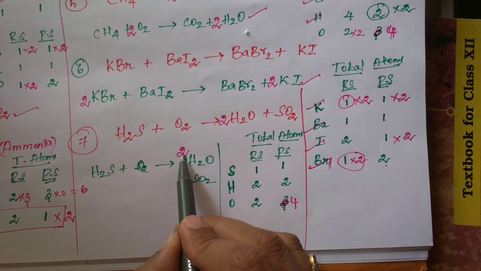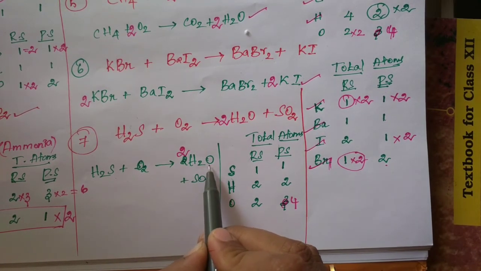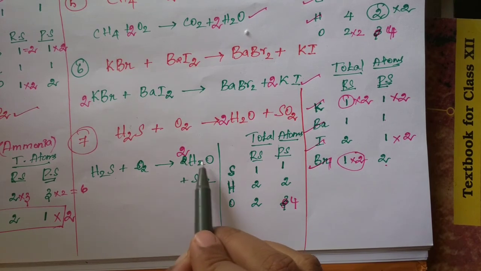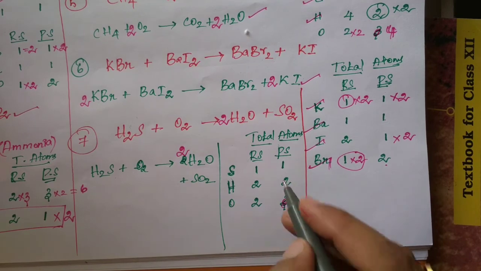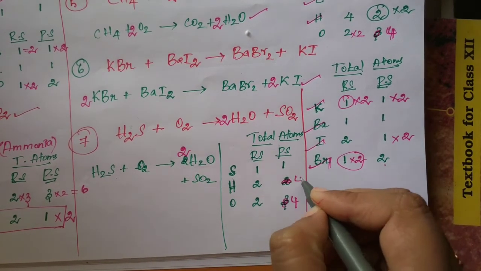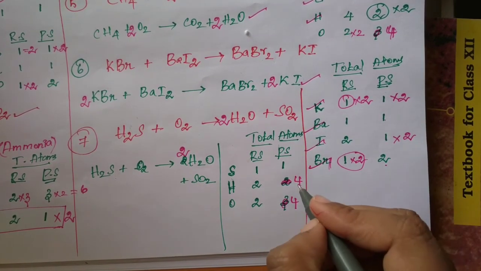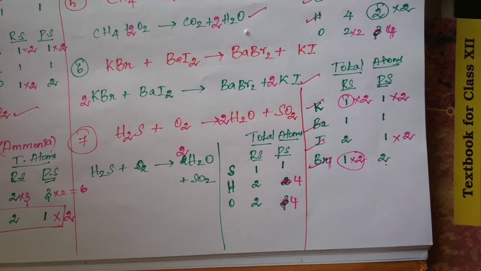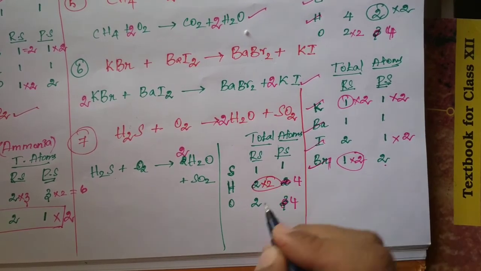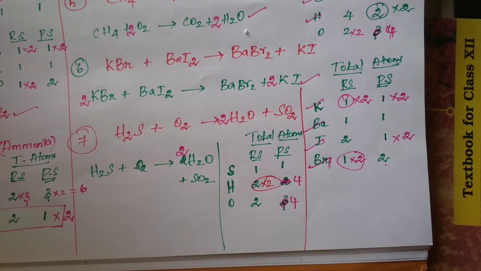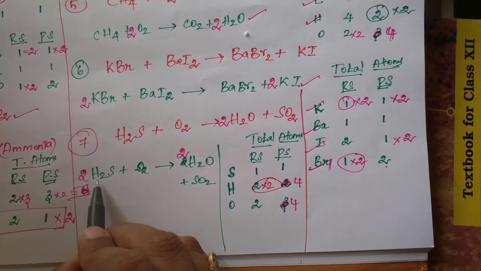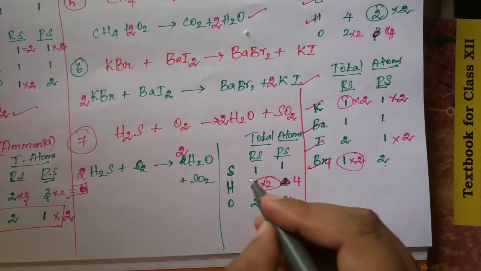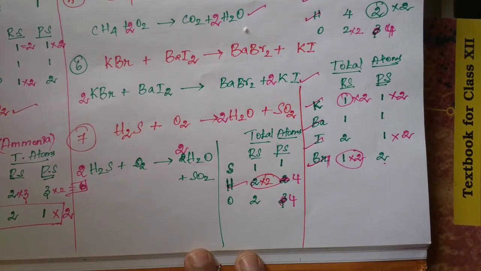But this 2 is common for hydrogen and oxygen students, right? So now 2 oxygens are there, but hydrogens 4 hydrogen. Now hydrogen also increased by 4. Here 4, here 2 means you have to multiply by 2 in reactant side. Multiply by 2. Then put 2 here. Now 2 2s are 4, 2 2s are 4. Now hydrogen is balanced. Clear students?